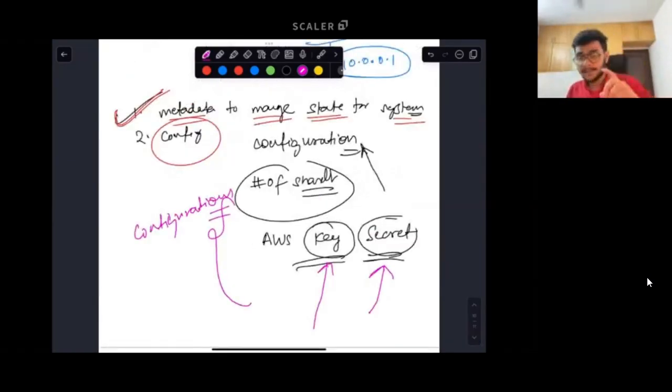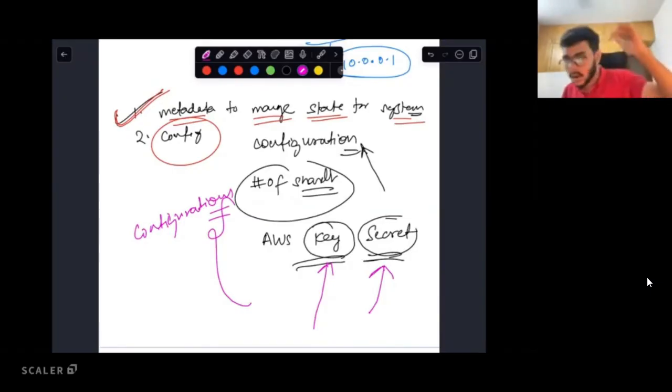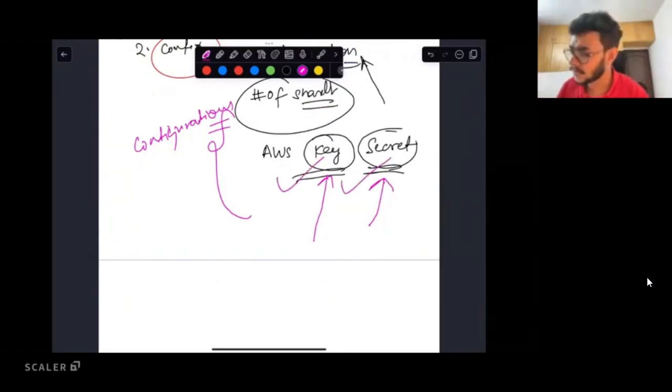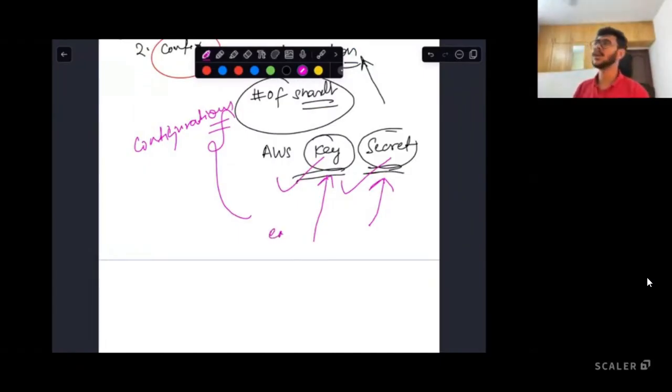right? IP, I'm not calling IP address a configuration parameter, because the IP where you have to send, let us say, your write request for the master database can change, because if whatever slave gets promoted, the IP where you send the writes changes. So I'm not saying that IP is a configuration parameter, right? Something like a key or secret can definitely qualify to become a configuration parameter, right?